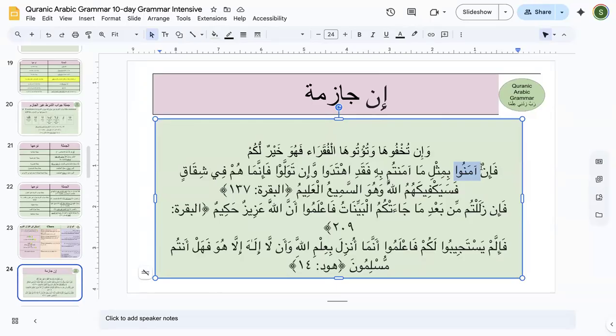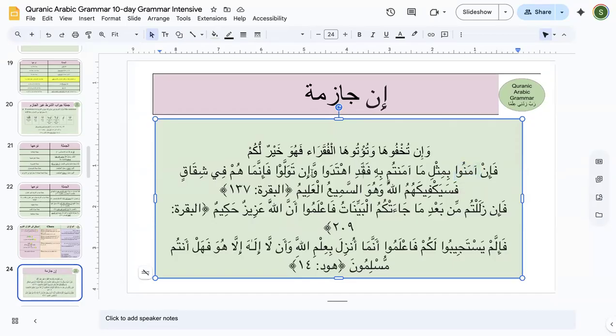And these terms, just think about it, in here they are irrelevant, but what you need to understand, as a beginner grammar student, is that "in" has to be followed by a fi'l. If it is shartiya, "in" as a tool of condition is followed by a fi'l after it, and it is going to be in the lightest form. If it is mudari', it is going to be called fi mahalli jazm if it is madi.